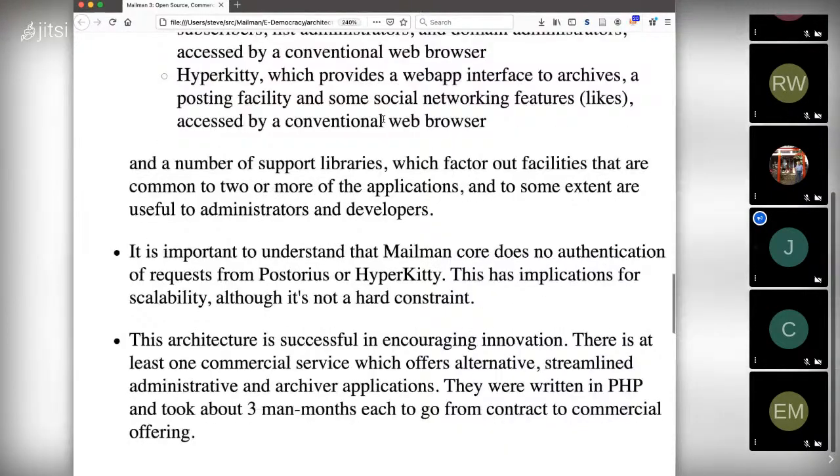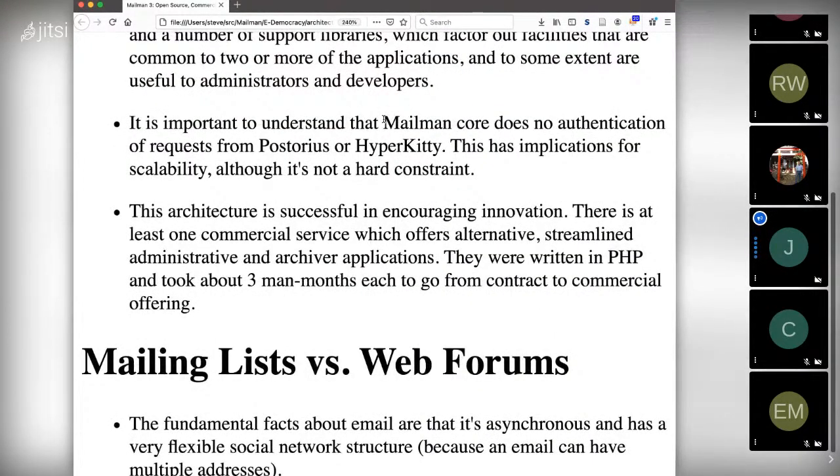Can I ask, like with HyperKitty, do you even need email anymore, or is that just a self-contained thing? Is that even a mailing list anymore? Oh yeah, there's a mailing list. The mailing lists are so central because HyperKitty doesn't actually process posts itself on the way out. You can post from HyperKitty, but it is a very simple web app that composes mail and sends it to the mailing list.